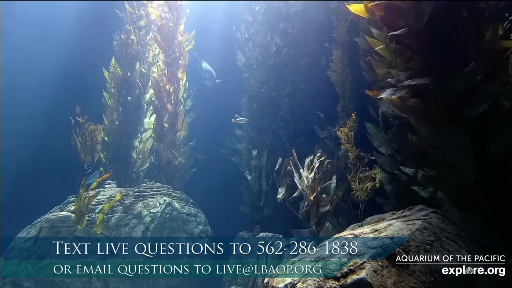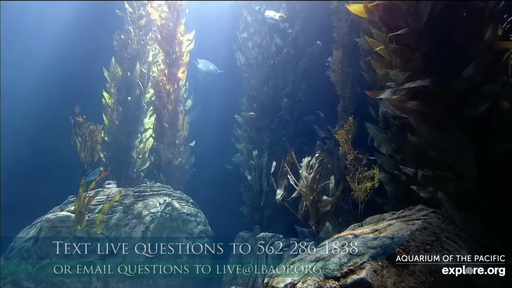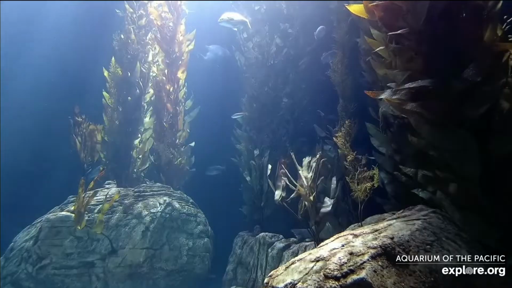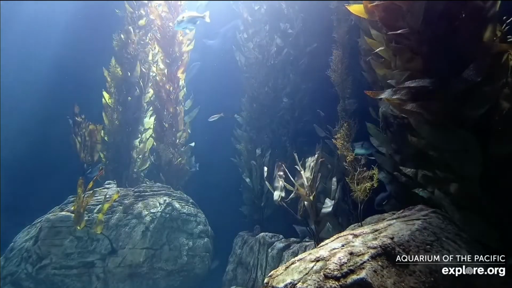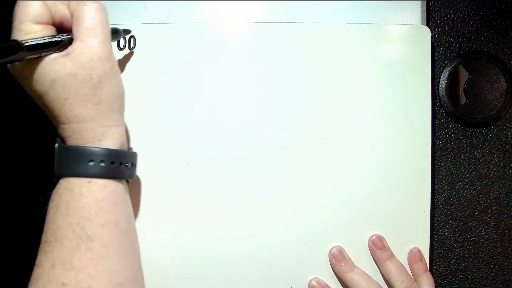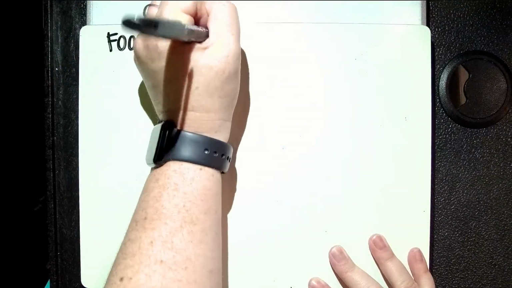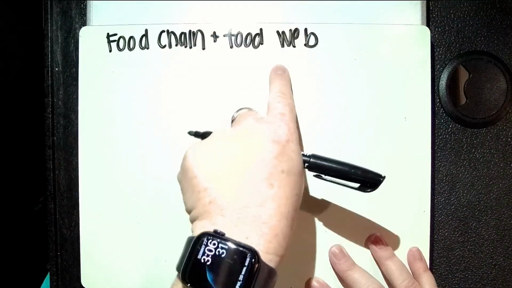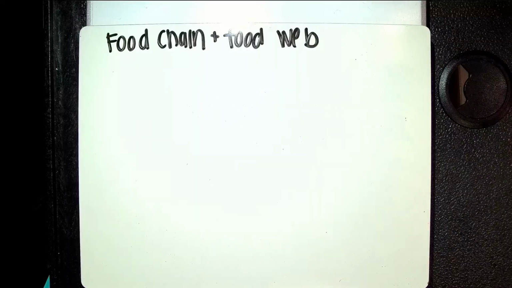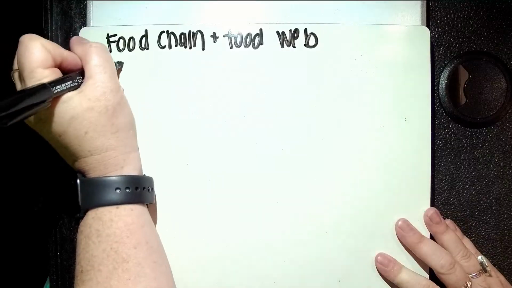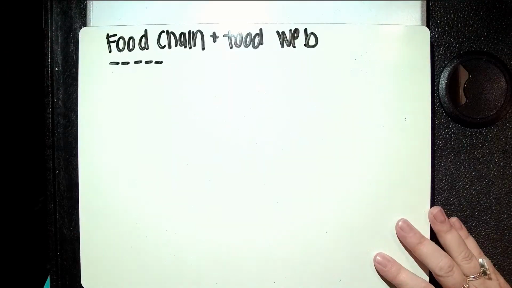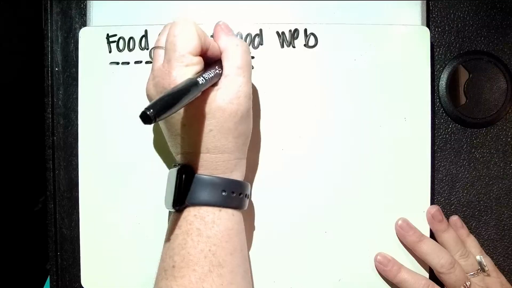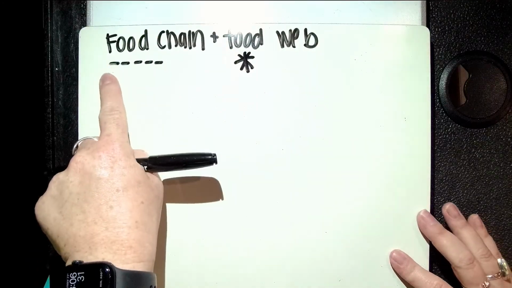So I'm going to write a couple words down. I've got a whiteboard and we're going to refer back to it just so we can kind of keep track. So I'm going to start with a food chain plus food web. Because a food chain and a food web are pretty much the same thing, except the food chain is a little bit more simple. Think about a chain is kind of like this versus a web, which is kind of tangled like that. So a food chain is just one straight line.